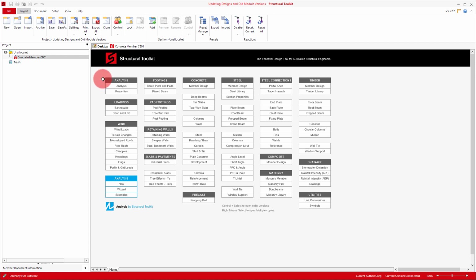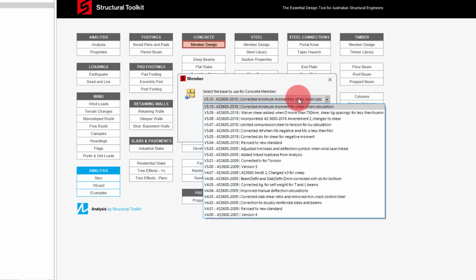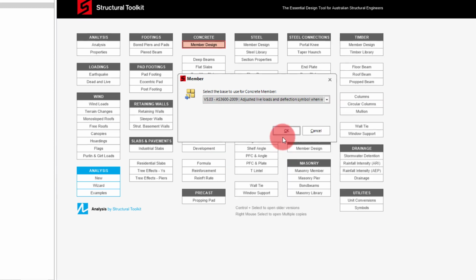So to access an old version from the desktop, hold down the Control key and click on any of the modules. This will open up an interface with a drop-down to select all previous module versions since version 4 of the software, which dates back to about 2010. What we can do now is select one of these versions, and in our case we'll pick the 2009 Concrete Code version